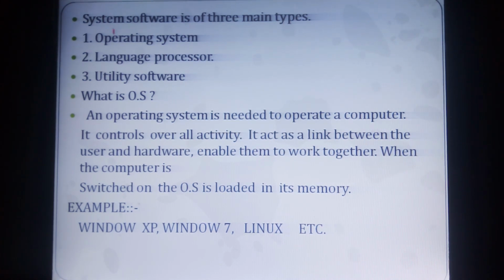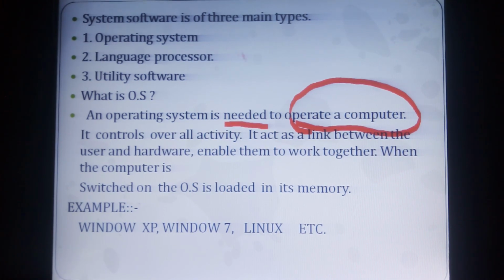Now coming to the points one by one, we want to discuss what is an operating system. Take the definition. An operating system is needed to operate a computer. Take one example. In our home, there is a fan, but the switch is not there, or the electric supply is not there.